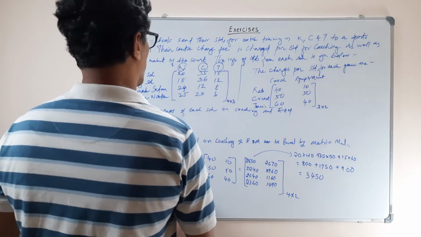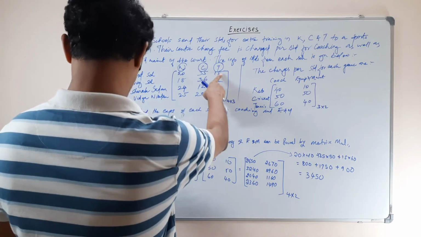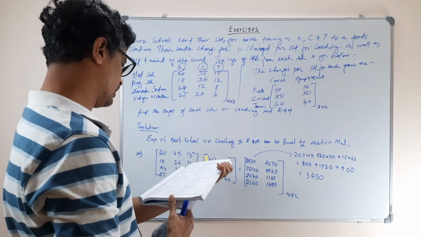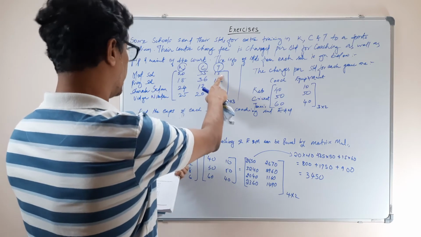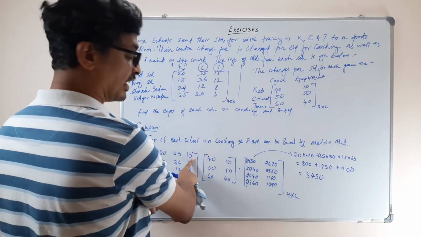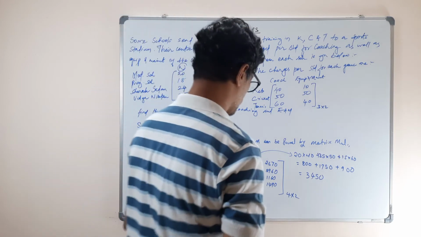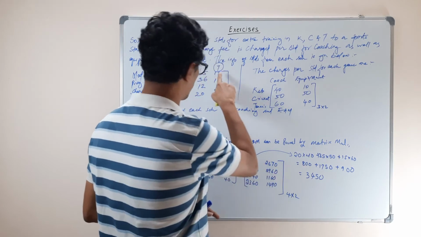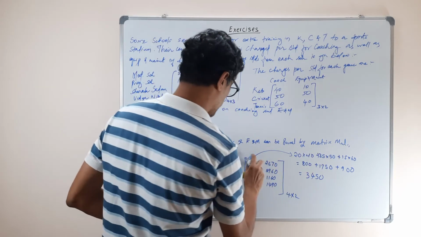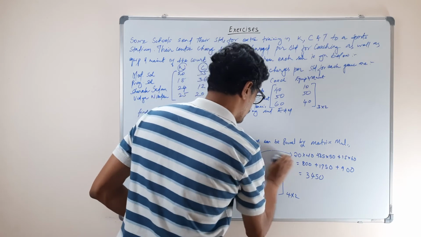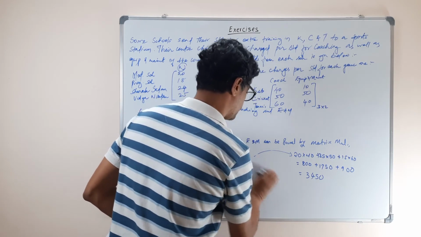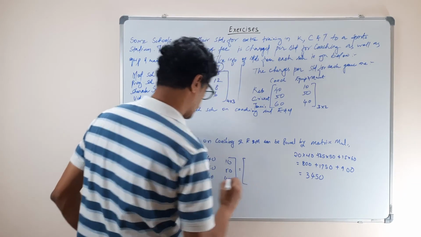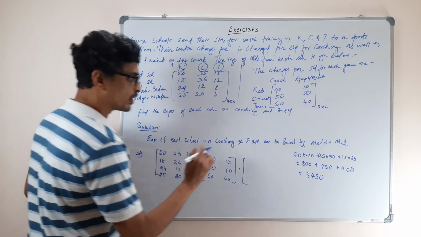They have written it wrong. See, here in the question they have written it as 18, but in the answer they have written 15. When they are doing it here, they have taken it as 18. So this is wrong, and we will correct it. Even if it is 15, we will do it with 15 only. So what will the answer be? Let me write it down. This is the first row, first column. What is the answer we got?